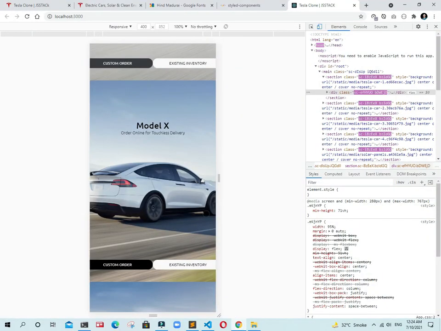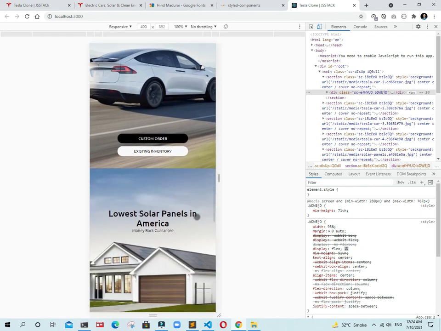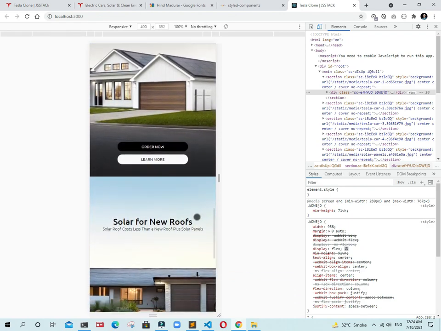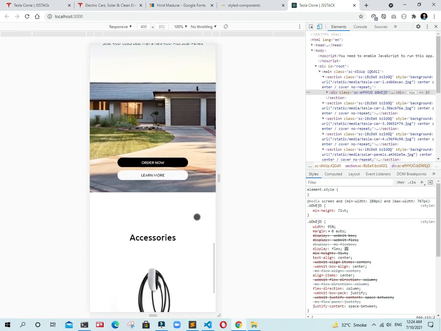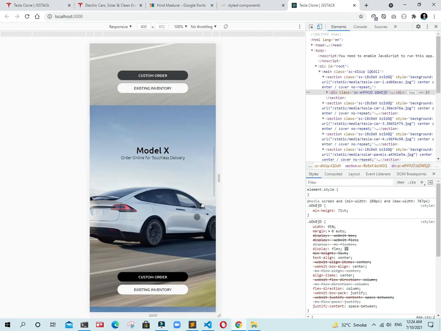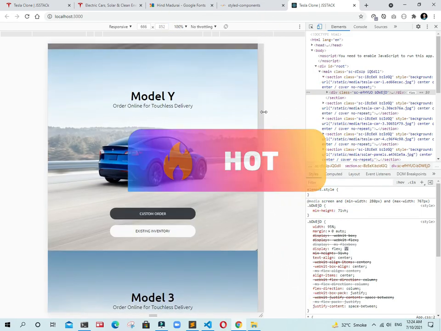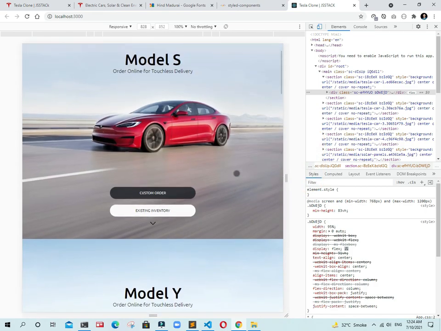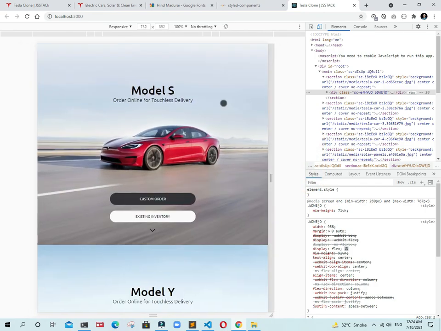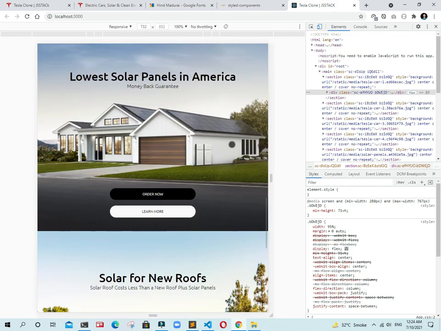Save the changes, go back there, refresh. Boom guys, we have a very awesome design of our website. It's cool guys. Again I am asking you, how cool is it that we are working in pure JavaScript and our website is ready for every device. Guys, you can attach this website in your portfolio to apply for a job.